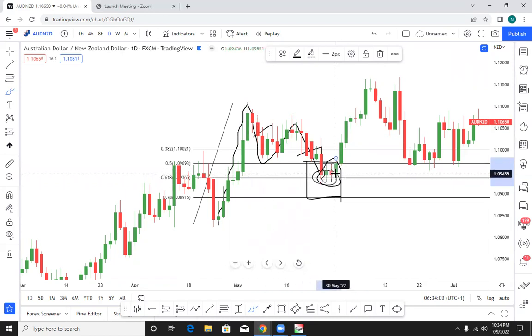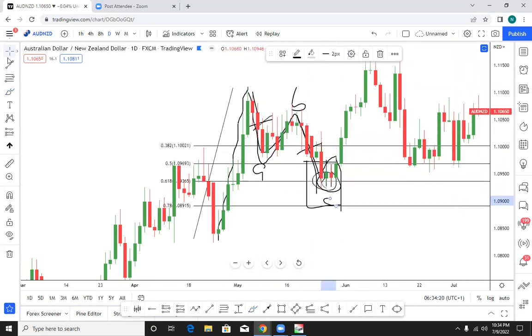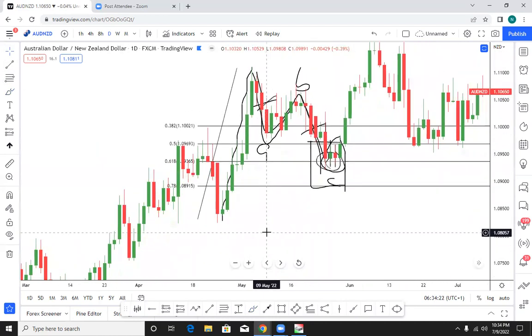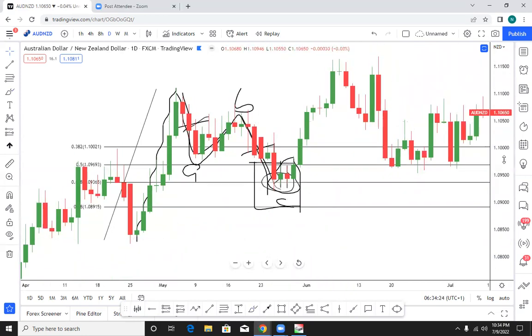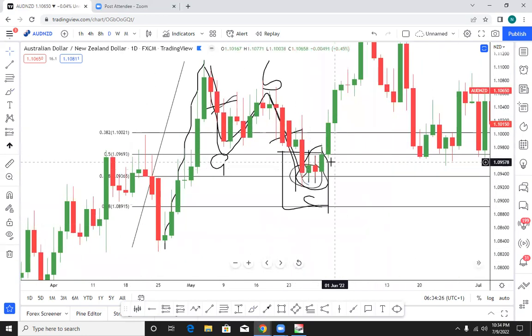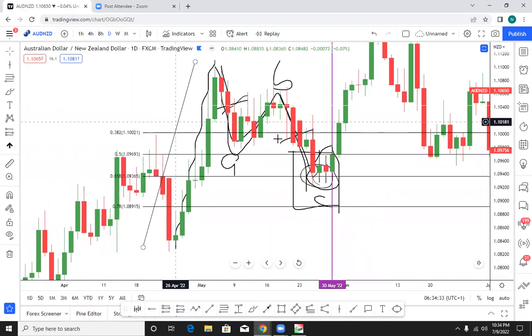A bullish engulfing candle. Okay, this signals to me that this correction is over, and I already have equal legs between A, B, and C, equal leg between A and C. I already have it here. So, and I have a bullish engulfing in a daily time frame. Okay, in a daily time frame. So what I just do at this stage is just to go and get my entry.